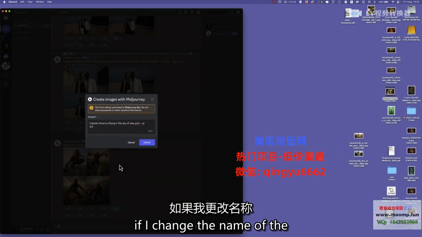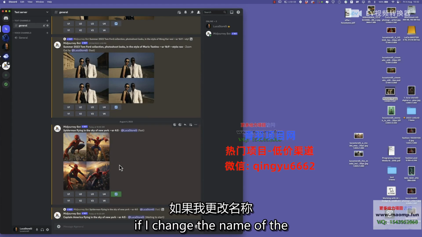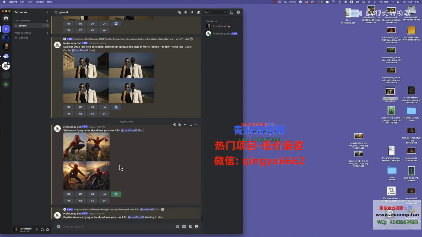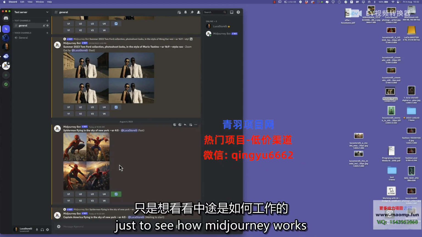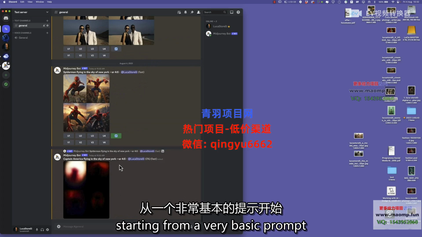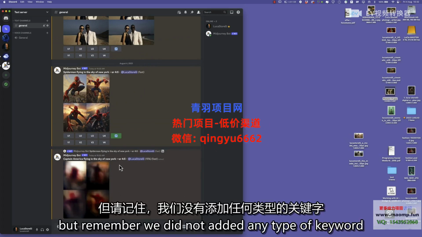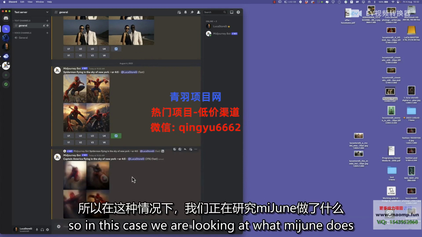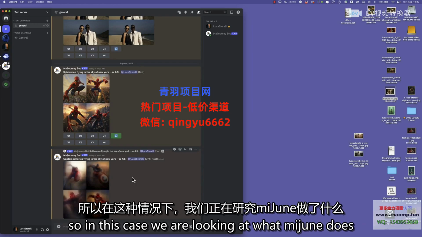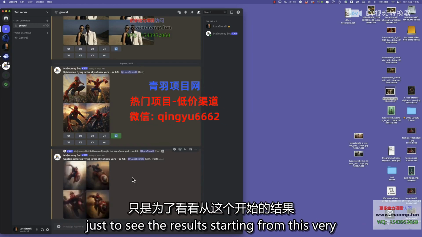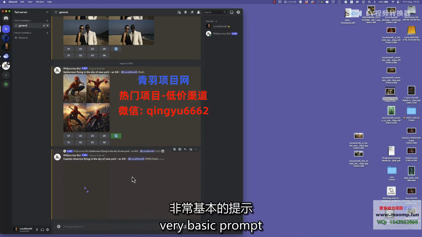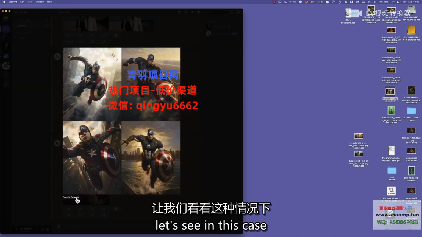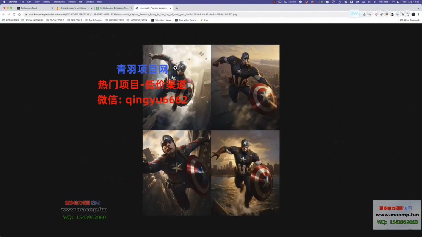If I change the name of the superhero, just to see how Midjourney works, starting from a very basic prompt. But remember, we did not add any type of keyword. So in this case, we are looking at what Midjourney does, just to see the results starting from this very basic prompt. Let's see. In this case,